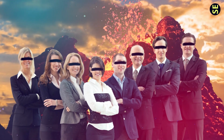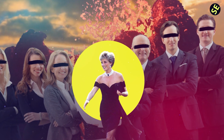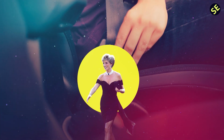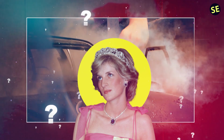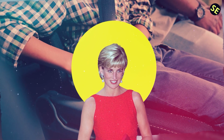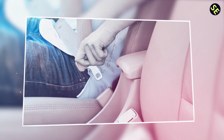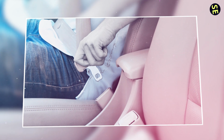Friends and close associates of the princess have consistently stated that she was meticulous about always wearing her seatbelt, even for the shortest journeys. This raised the question, why wasn't she buckled in on the night of the crash? To make matters even more puzzling, the seatbelt on Princess Diana's side of the car was later found to be malfunctioning. This detail led some to speculate whether it was a mere coincidence or if the seatbelt had been deliberately